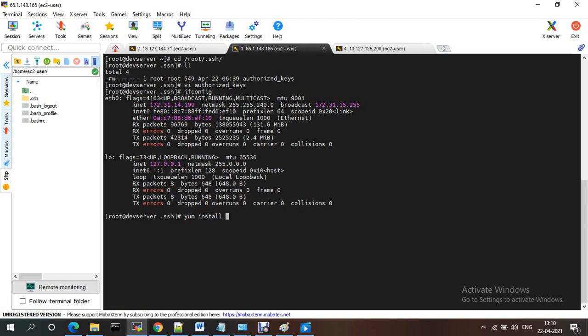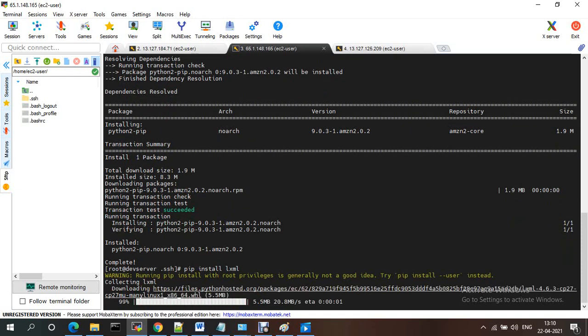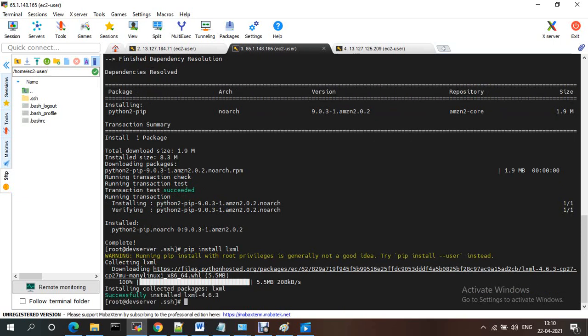Install python2-pip, then pip install LXML. It is downloaded.